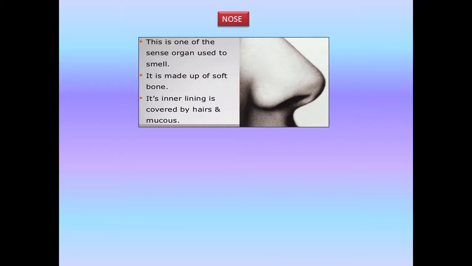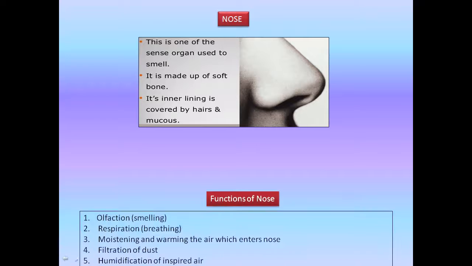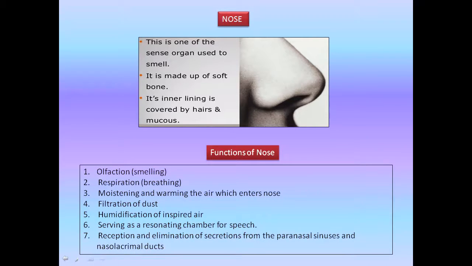Next organ is the nose. This is one of the sense organs, which is used to smell. It is also one of the most important organs. It is made of soft bone, and its inner lining is covered by hair and mucus. You all know that. The functions of the nose are olfaction, that is, helps in smelling, respiration, that is